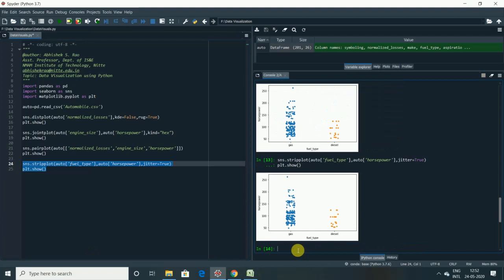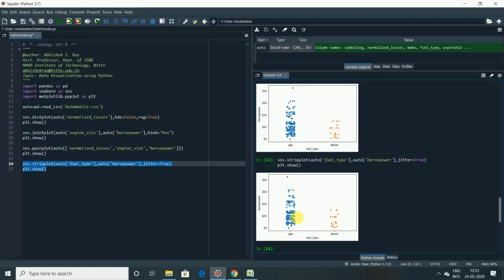Here jitter creates a distribution of the data so that you will be able to look at the concentration of observations in each location. This tells me that the amount of concentration in terms of horsepower is generally higher on the lower side. You can see for the gas vehicle, higher on the lower side means that cars with lower horsepower are much greater in terms of frequencies in this data set.